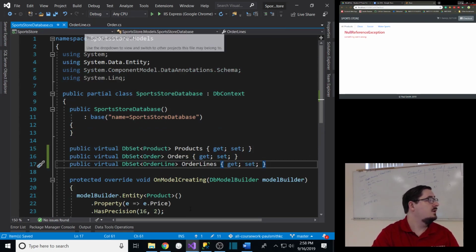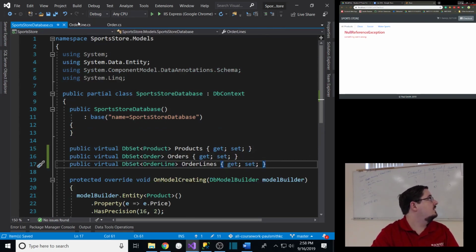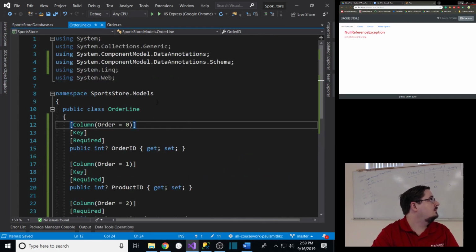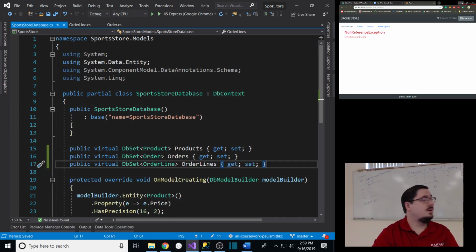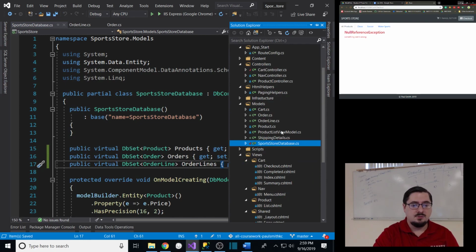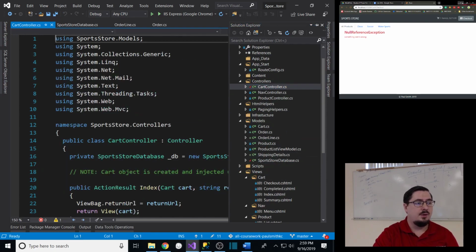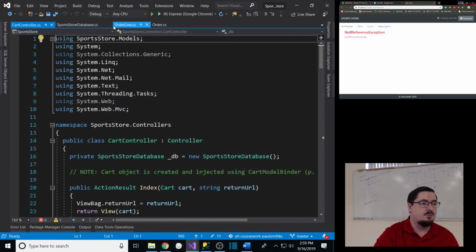The important thing to know is anytime you add a new table, you need to create the model class and add it to the DB set. Those are the two parts that have to happen on the C# process. But that's it. Those are the only two things you have to remember. So when we go back to our cart controller now that we have all the models set up,